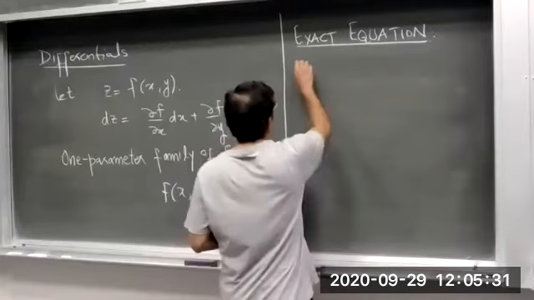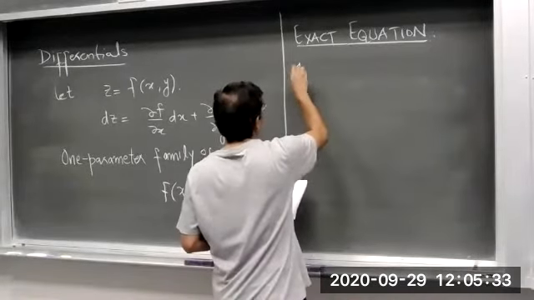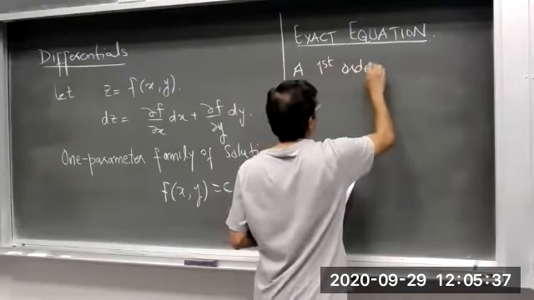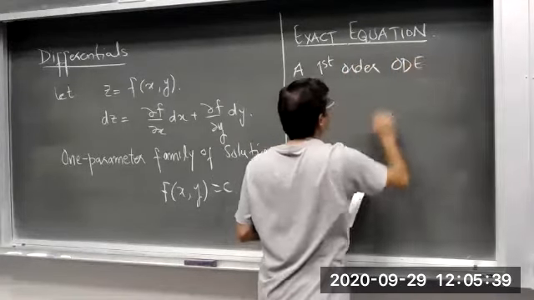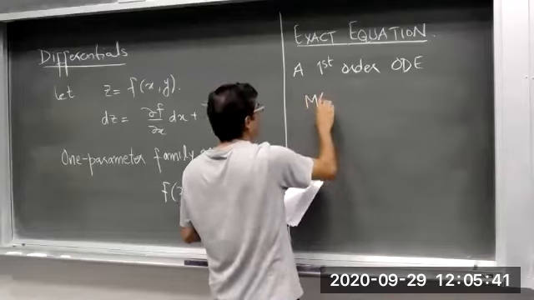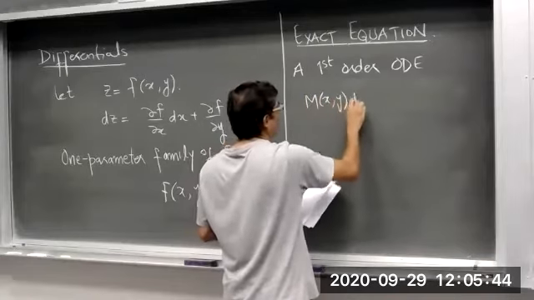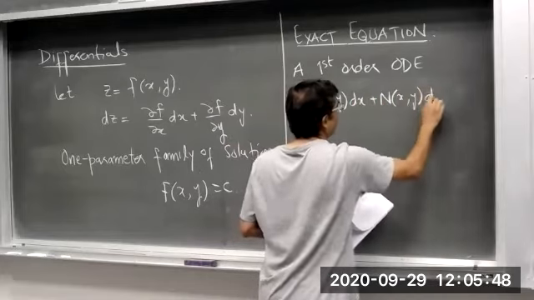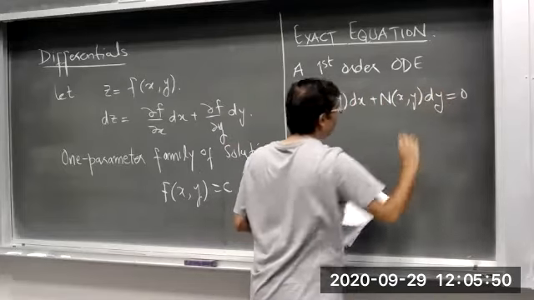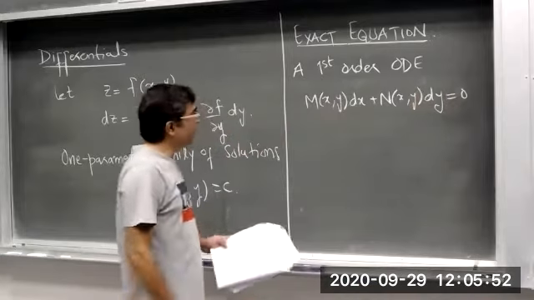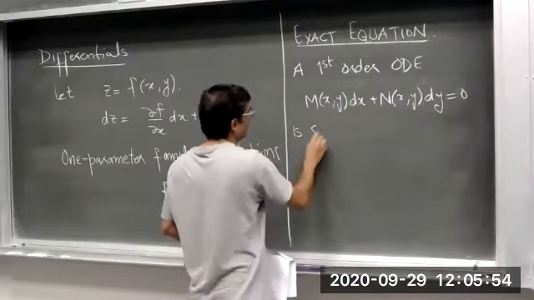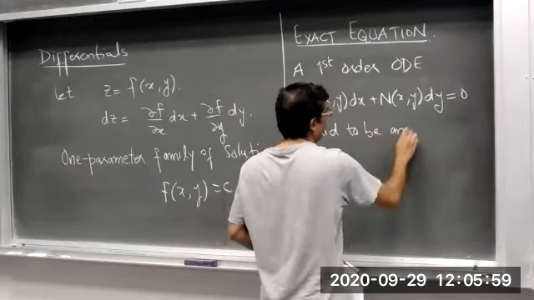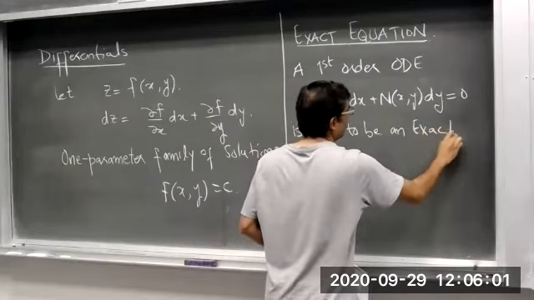A first order ODE of the form m of x y dx plus n of x y dy is said to be an exact equation,